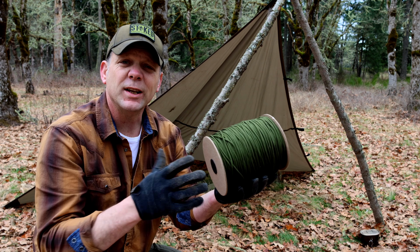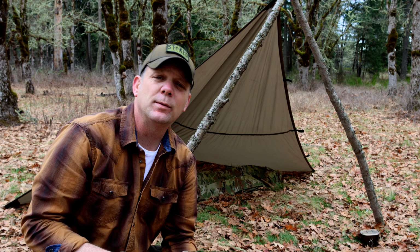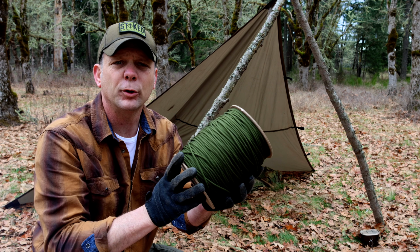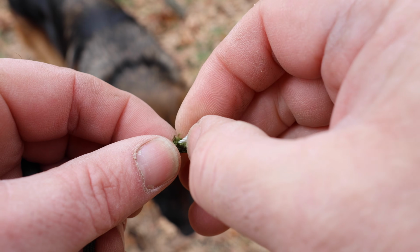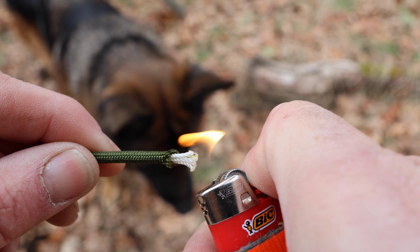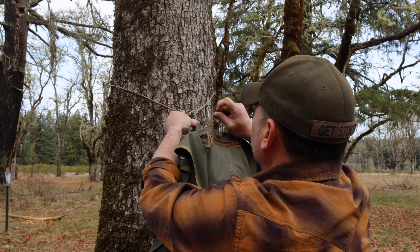Now, paracord is issued in spools like this in the military. Of course, you can buy this online in spools as well. It's about 1,200 feet. Paracord has a breaking strength of 550 pounds, otherwise known as 550 cord, and is used